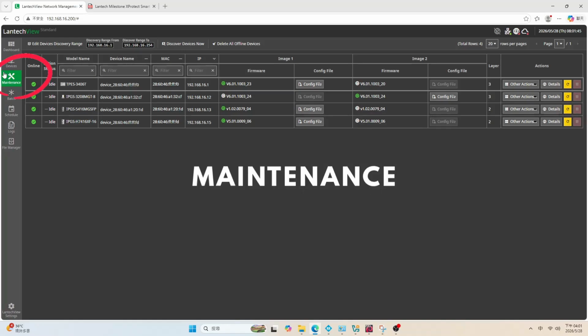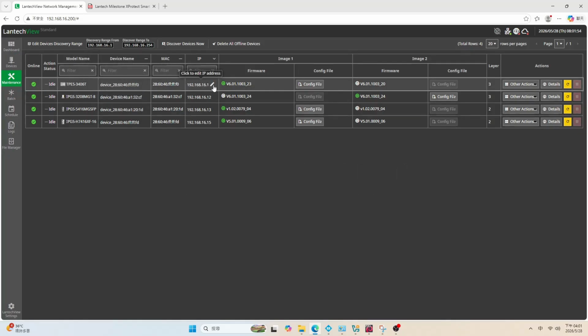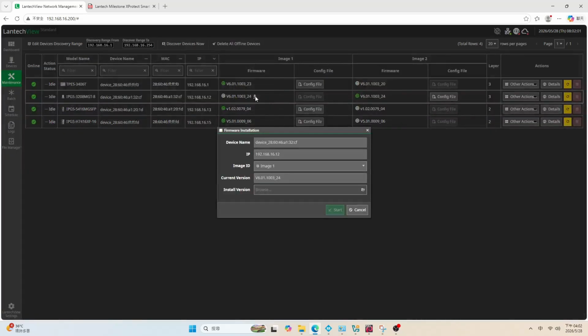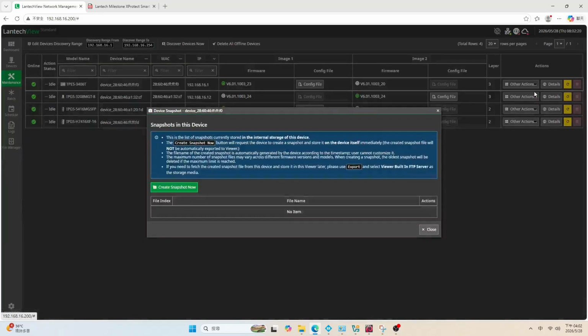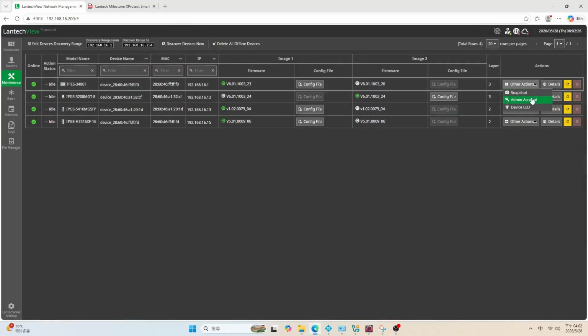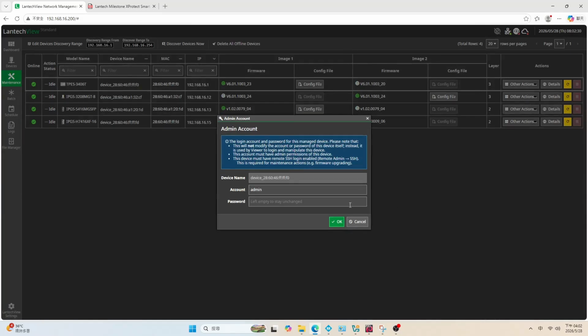Now, let's talk about routine maintenance. Under the Maintenance menu, LantechView gives you full control over individual devices. Here, you can upgrade the firmware for a specific switch and easily backup or restore configuration files. If you click on Other Actions, you'll find even more features, like the ability to create or export device snapshots. You can also manage admin accounts, such as updating the device password,